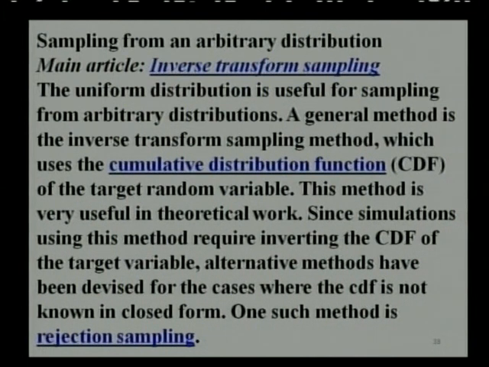Sampling from an arbitrary distribution uses the inverse transformation of the sampling. The uniform distribution is useful for sampling from arbitrary distributions. A general method is the inverse transformation sampling method, which uses the cumulative distribution function of the random variable under consideration.